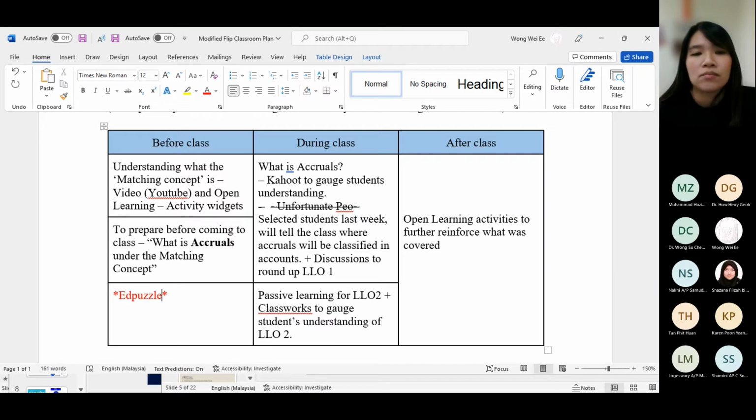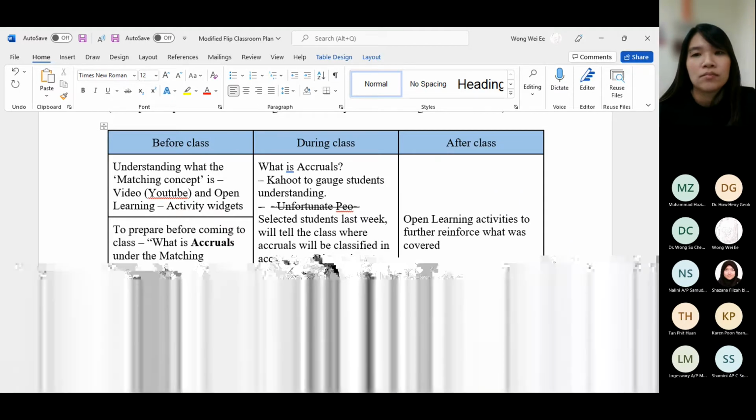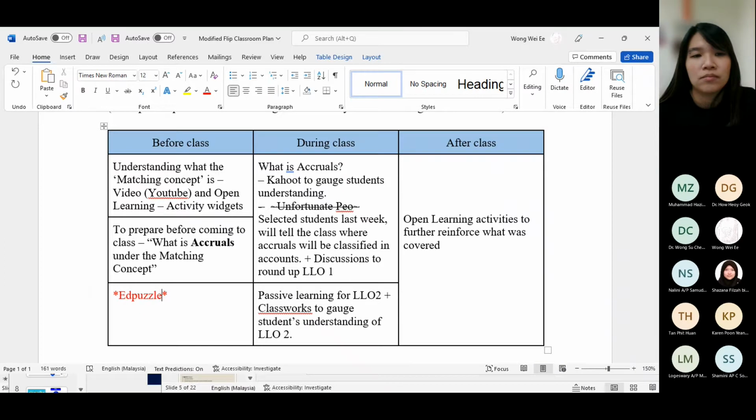And I like the way you mentioned you will add the activity widgets in terms of matching, because all these easy kinds of activities are maybe very motivating to them because they don't have to write an essay. It's just a very simple task and you can just do it immediately. So when you add these widgets like matching or maybe crossword, like just now, one lecturer was sharing about crossword in another breakout room.